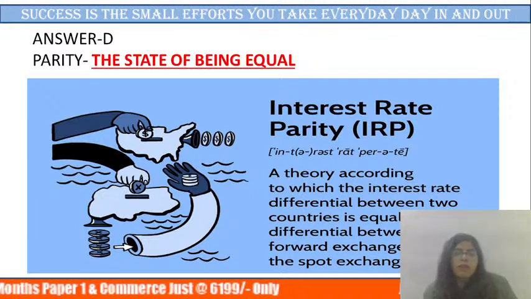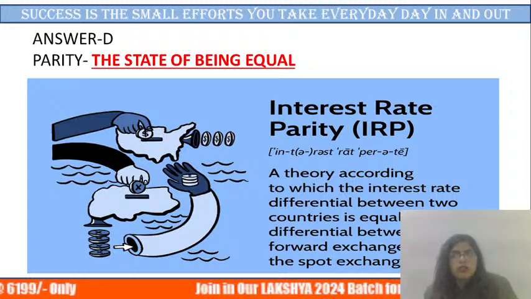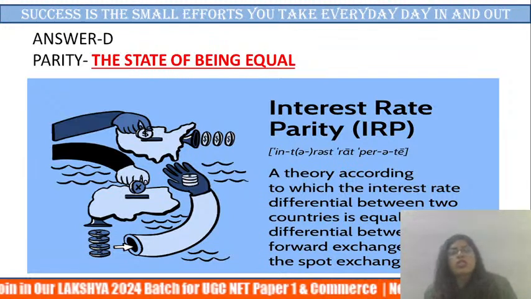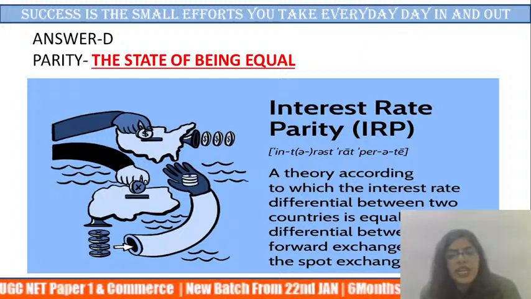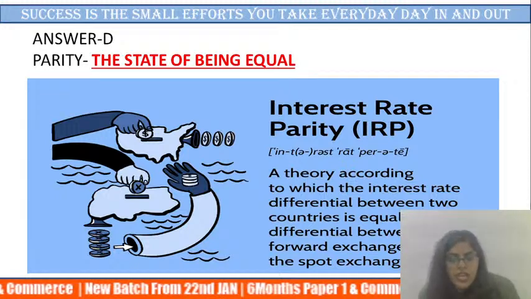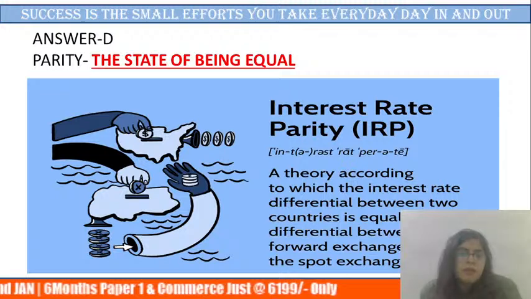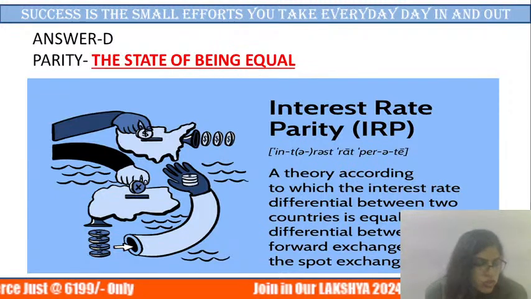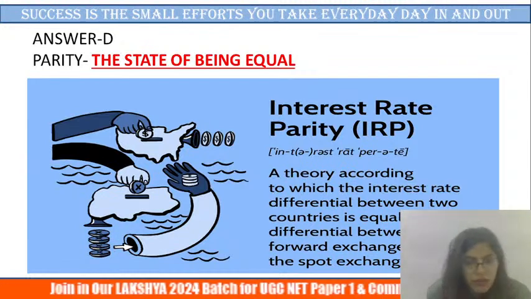That will happen in the future, not on the spot, but on some expected definite time, some date, someday. The forward exchange rate will be there. That rate has been decided right now, but the rate we will be executing in the nearby future at the fixed decided time actually. Okay, have you got it?